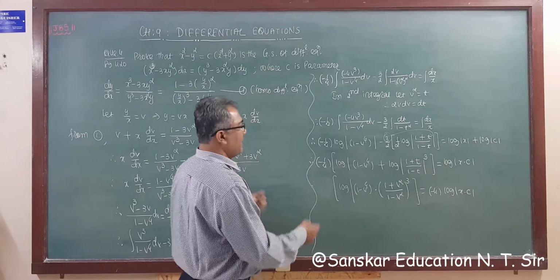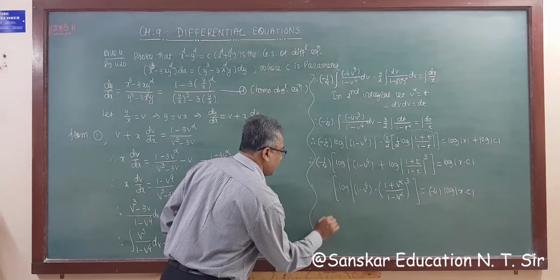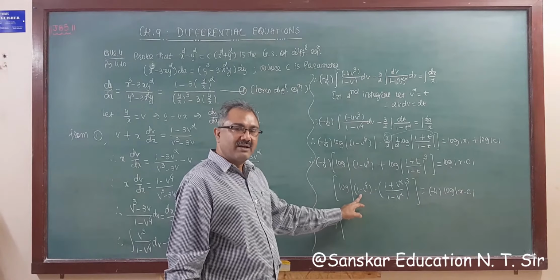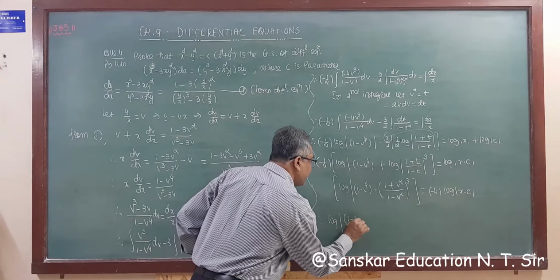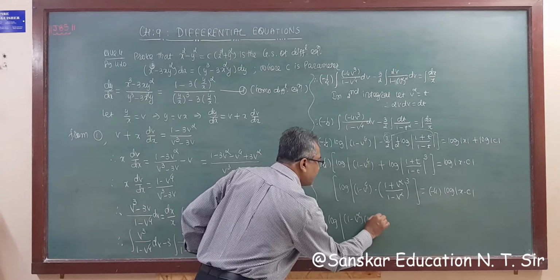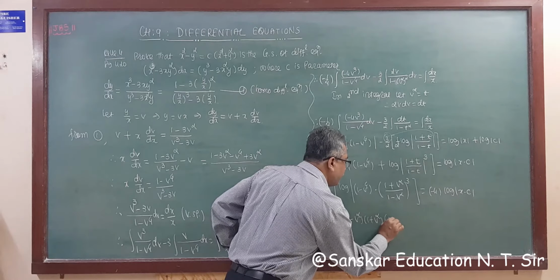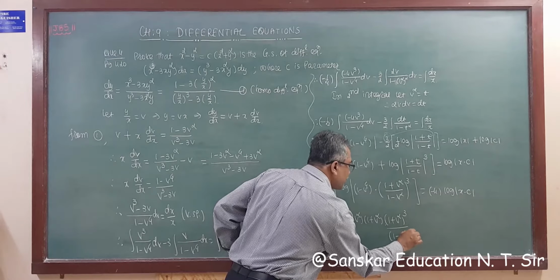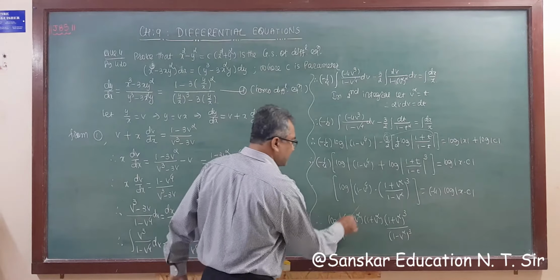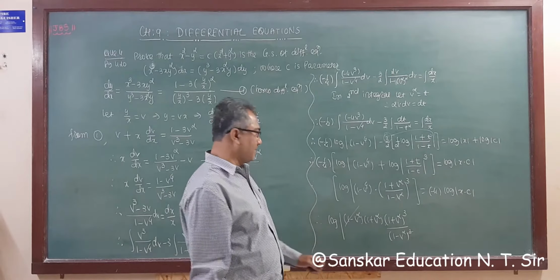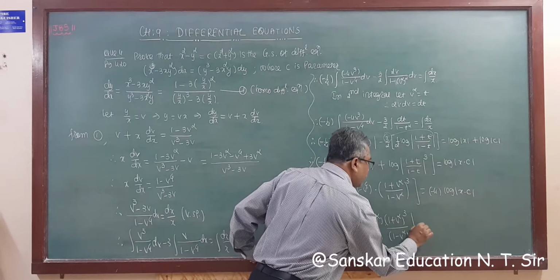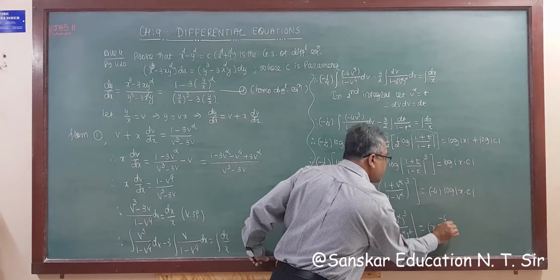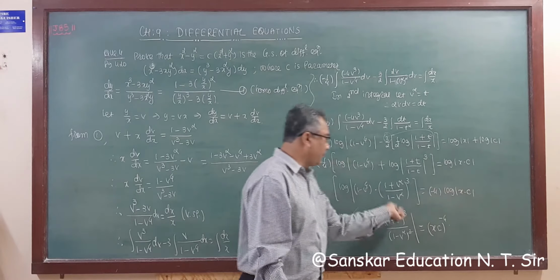So removing log and substituting the value of v. Okay, I'm not substituting, I just want to factorize this. This is 1 minus v square, v raised to 4. So the factor of this is 1 minus v square, 1 plus v square. This is 1 plus v square raised to 3, and this is 1 minus v square raised to 3. Got it? So 1 minus v square will be cut. Is equal to x into c raised to minus 4, because I am taking minus 4 to here and then removing log.